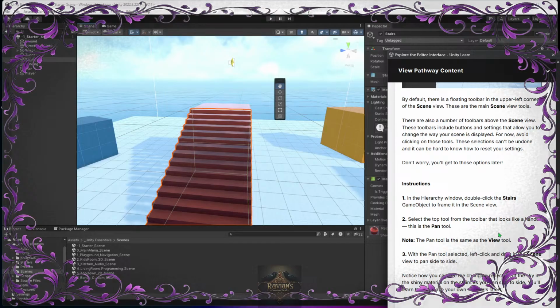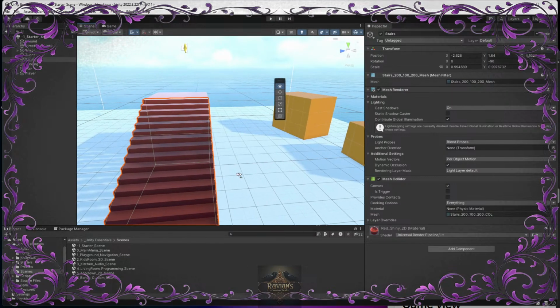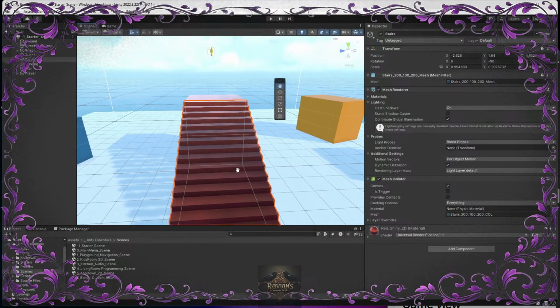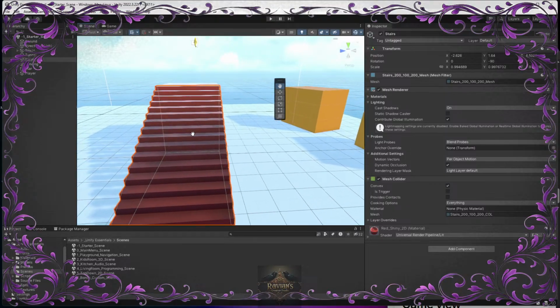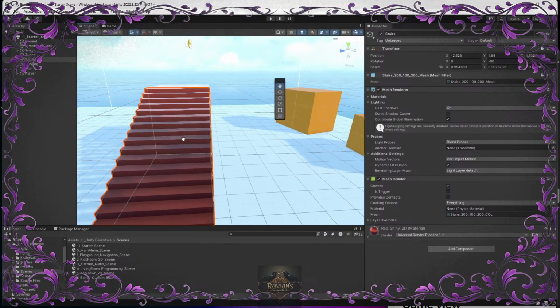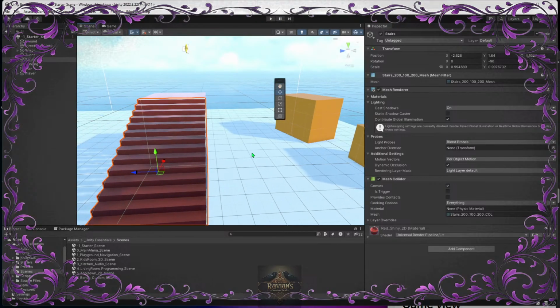When the pan tool is selected, left click and drag the scene to pan from side to side. Notice how you can see the changing reflections of the sky and the shiny material on the stairs as you pan from side to side. You'll learn how to make your own materials later. Alternately, you can just click the mouse with